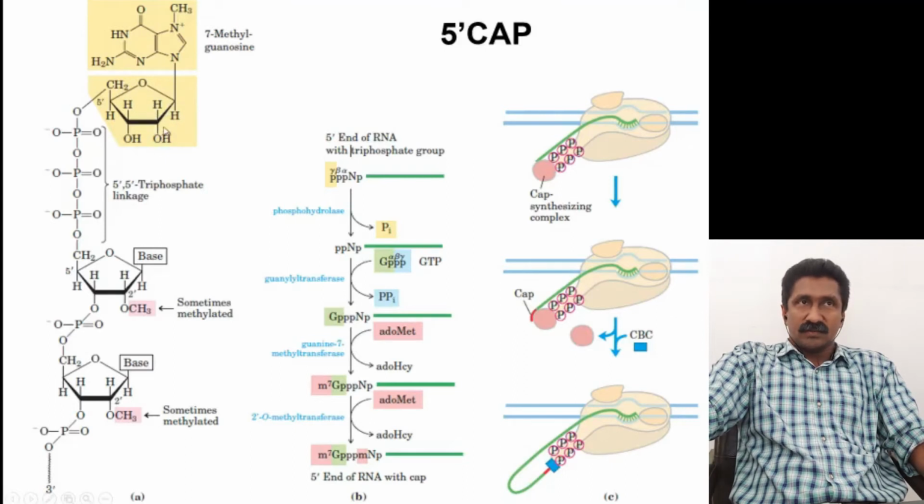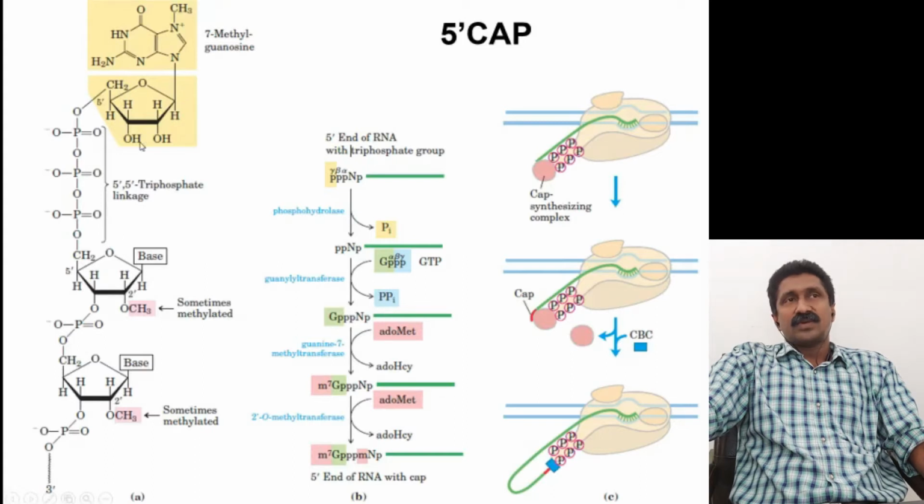It's not deoxyribose, it is a ribose, because here we have an OH. So the ribose ring and the concerned base that is attached here, and there is a methyl group attached at the 7th position. So this 7-methyl guanosine is the incoming residue which will be attached at the 5' end of the